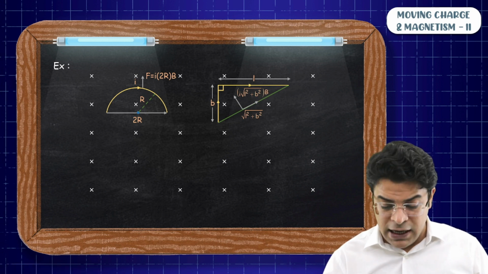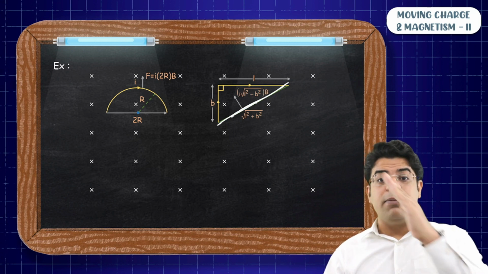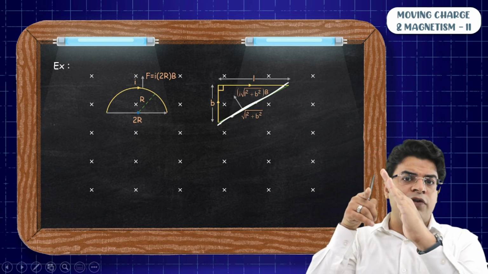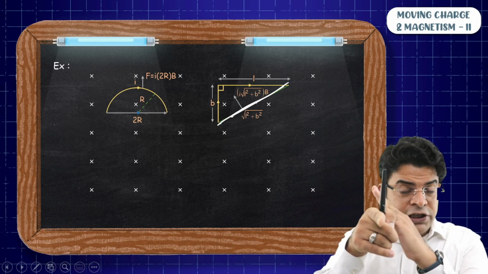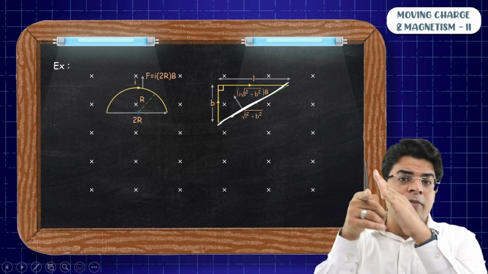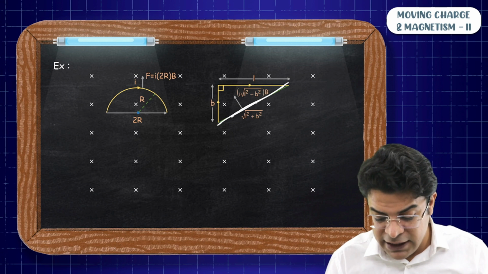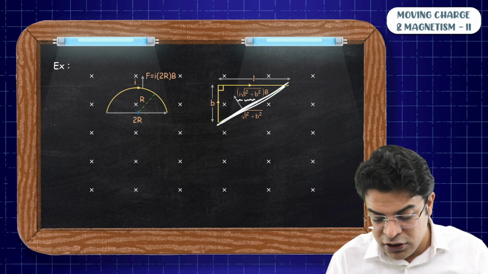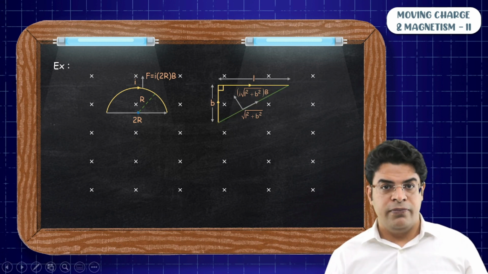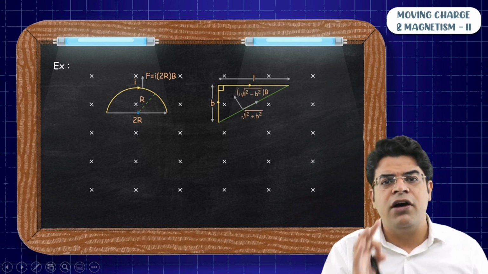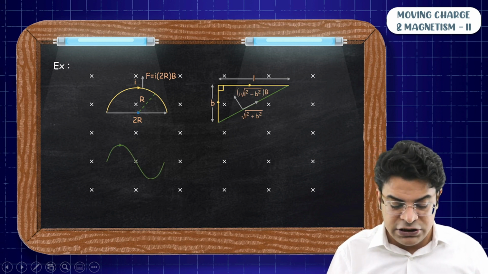Do understand, again, this length effective is in the plane of the screen and the magnetic field is perpendicular to the plane of the screen. So the angle between the length effective and magnetic field is 90 degrees and sine 90 becomes 1. So you simply get I into the square root of L squared plus B squared into B. Now let's say you have a current carrying wire which carries current in the shape of a wave.